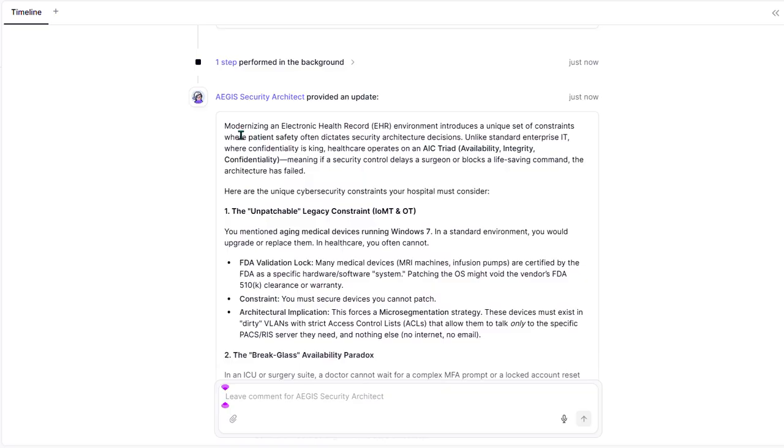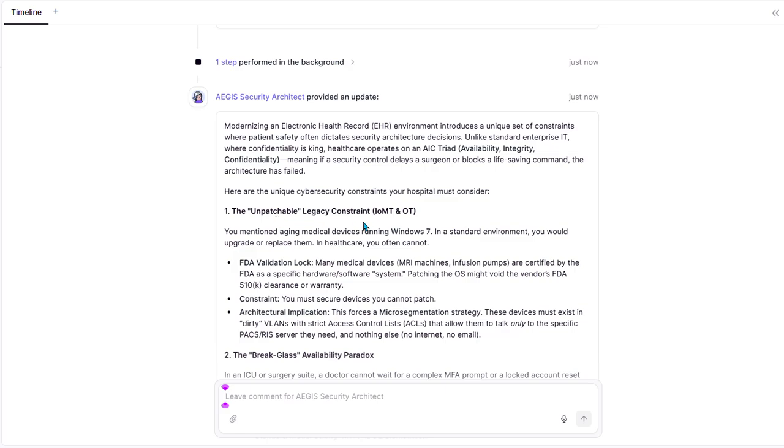However, modernizing an electronic health record environment introduces a unique set of constraints where patient safety often dictates security architecture decisions, unlike standard enterprise IT, where confidentiality is king. Healthcare operates on availability, integrity, confidentiality, which is the reverse of the CIA triad. Meaning, if a security control delays a surgeon or blocks a life-saving command, the architecture has failed. Here are the unique cybersecurity constraints your hospital must consider. The first one is